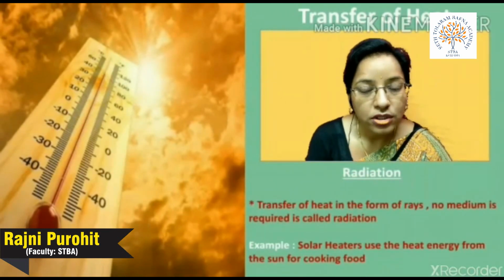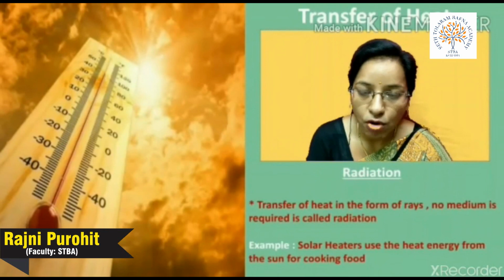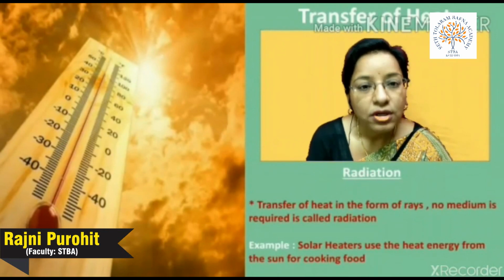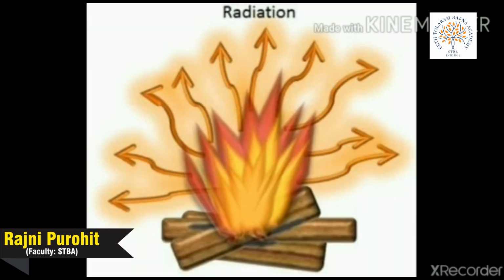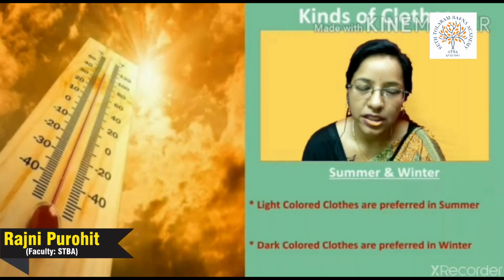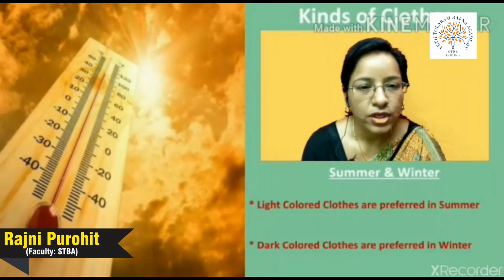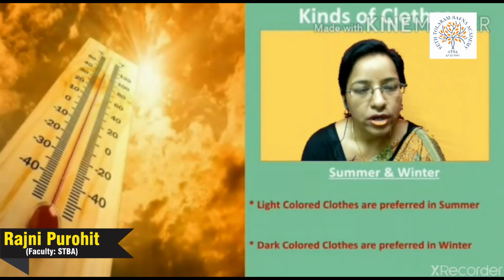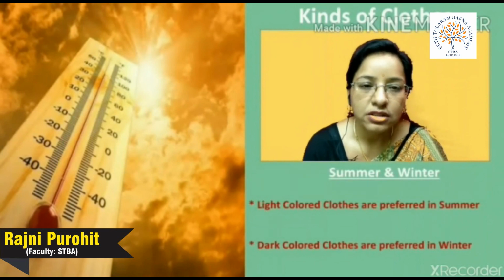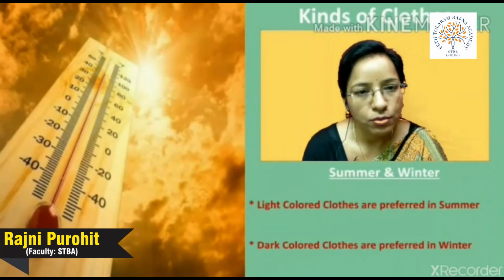When we go out in the sun, we feel warmer. Why so? Because the heat of the sun is coming to us in the form of rays. So all these are very simple examples of radiation. All hot bodies radiate heat. While doing so, some part of it is either reflected or absorbed, or it is transmitted to other objects.